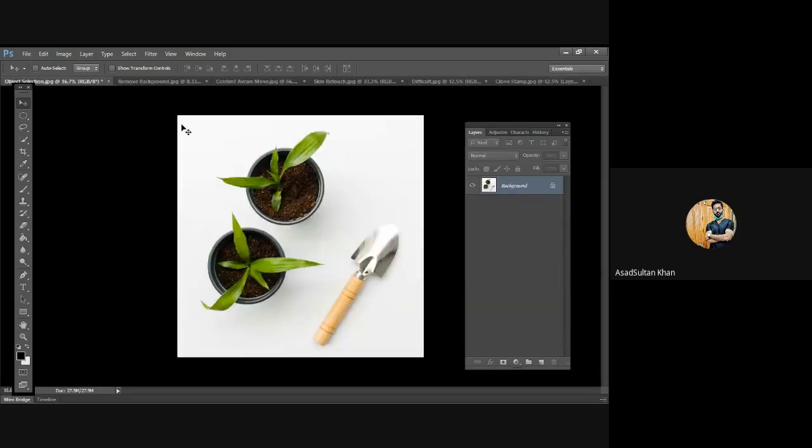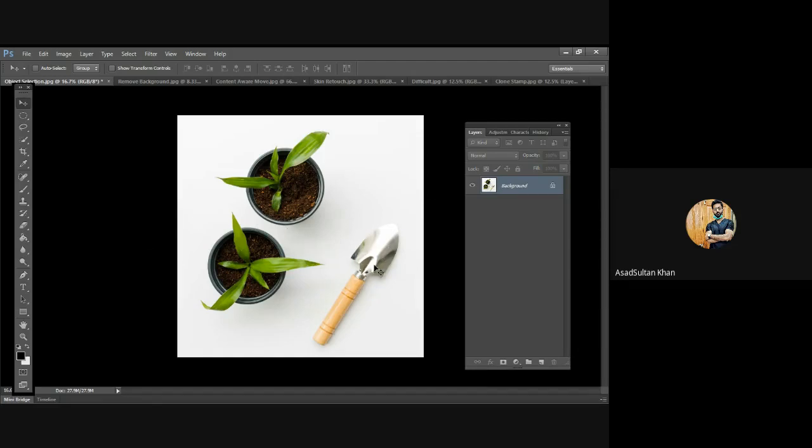Let's move on to another thing. So let's say we have this image right here, and we want to create a post for a blog, or we want to create a poster for our company, anything. And we have a picture like this. This is a stock image that we got from Google. And now what we're going to do is, I want to add some text on this picture.